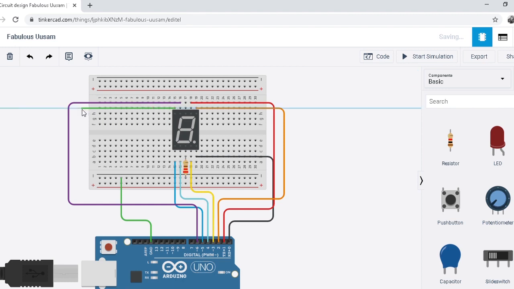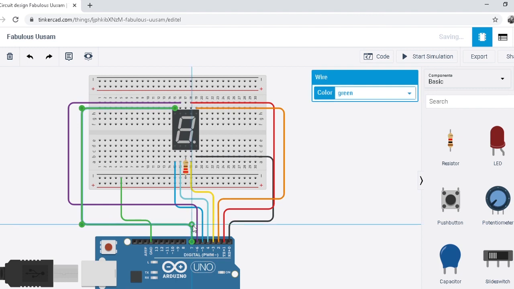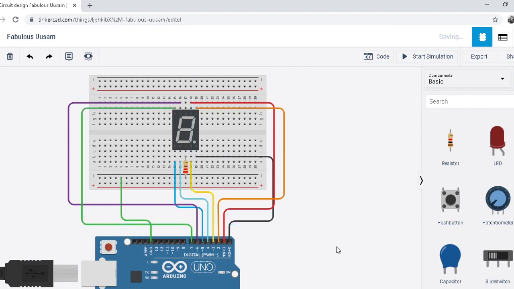The G pin is attached to pin number 7. So now our circuit portion is complete. We have attached all the pins. So the DP pin is connected to pin number 0, A is connected to pin number 1, B is connected to pin number 2, C is connected to pin number 3, D is connected to pin number 4, E is connected to pin number 5, F is connected to pin number 6, and G is connected to pin number 7.